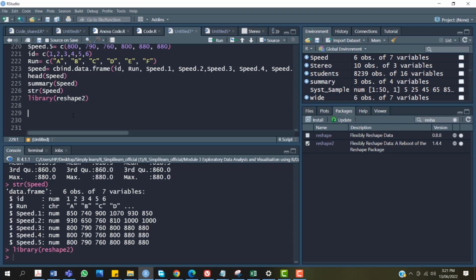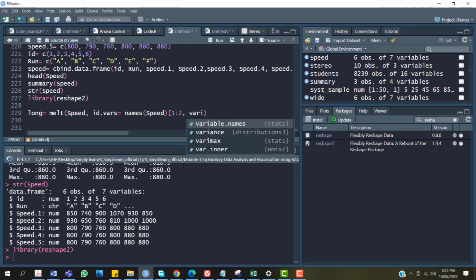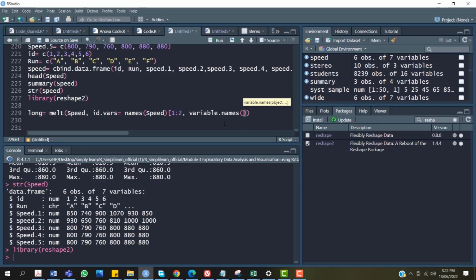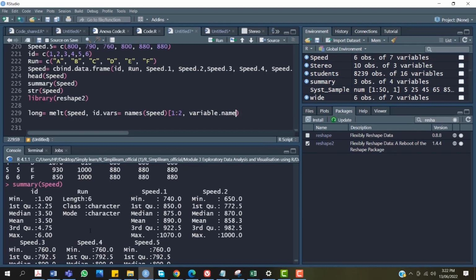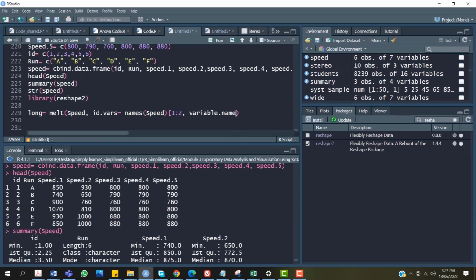The way it works, we'll create a long data format by using the melt function. The melt function will help us transform this wide data frame, which is speed, and then we'll give the id of variables that are to be fixed. So we are giving the names of the first two variables. We want them to be fixed. These are the id and run variables, and the variables which we want to make long are the speed variables. All the 5 speeds, we want to put them in one variable called speed. So if I run this command,